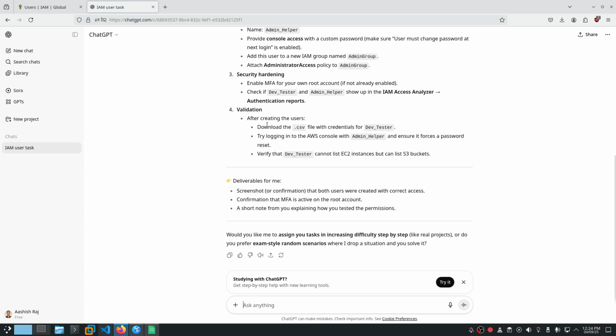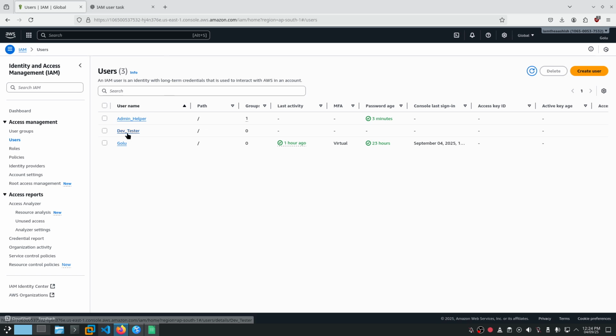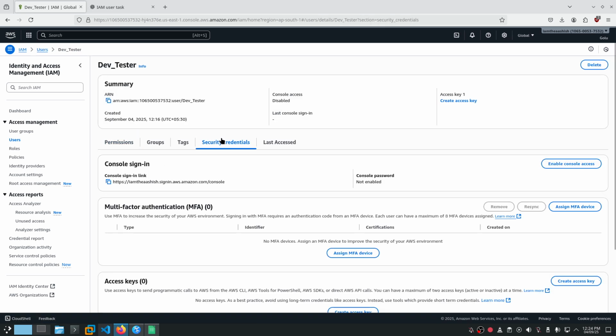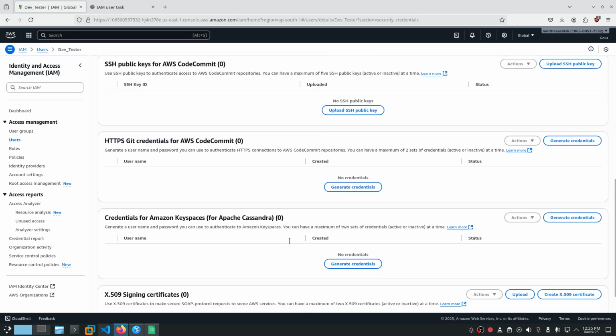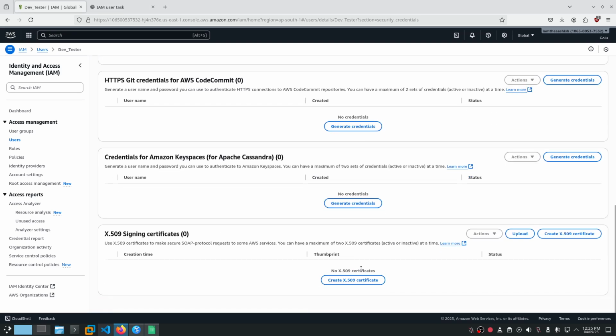We have to first download the CSV file from the credentials of dev tester. So security credentials, maybe we have to generate credentials.